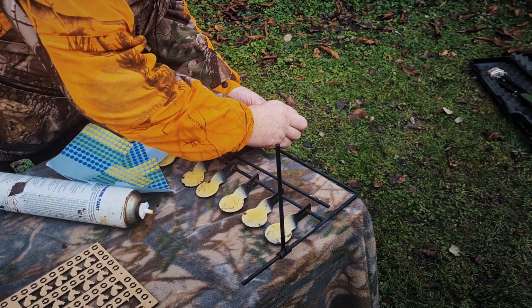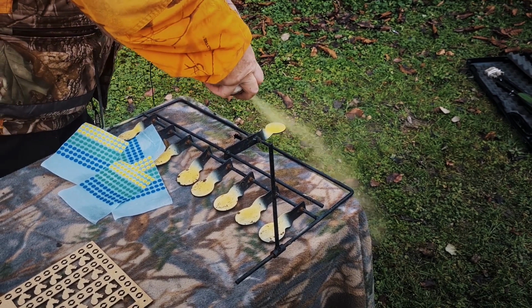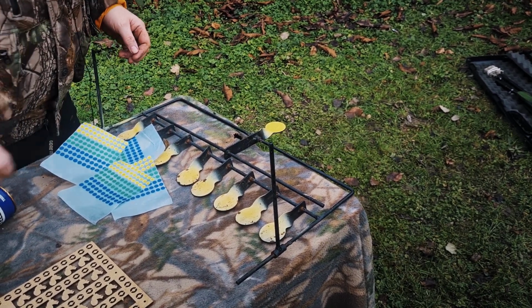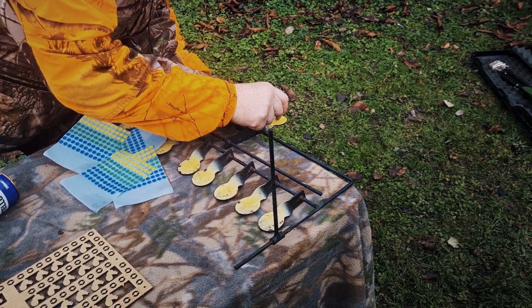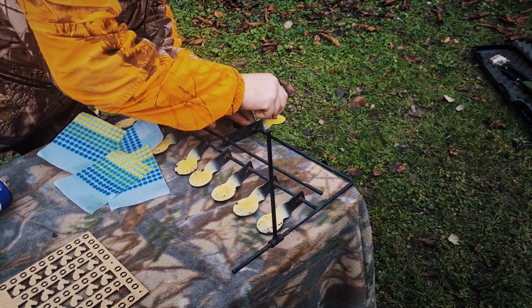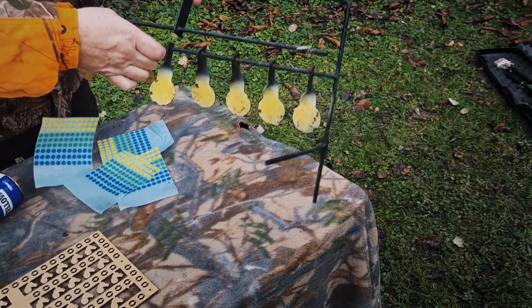Place a sticker on the target, spray the target, and then when it's dried, you can remove the sticker. Then what you can do